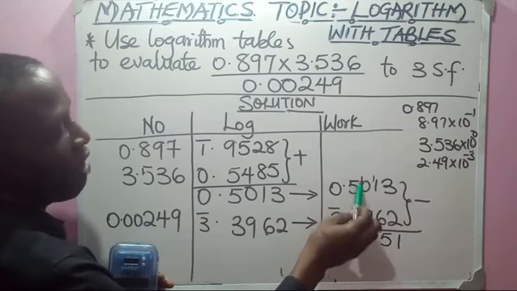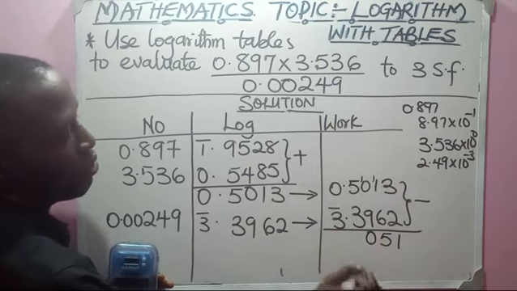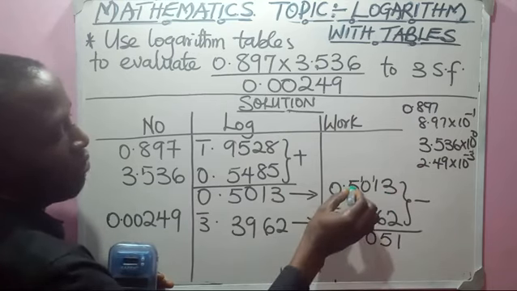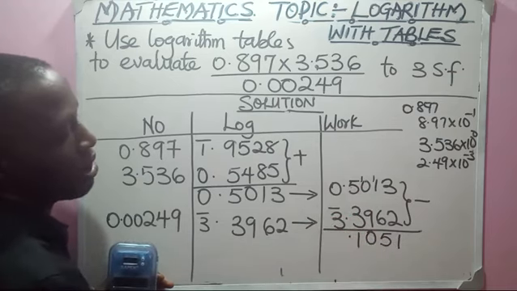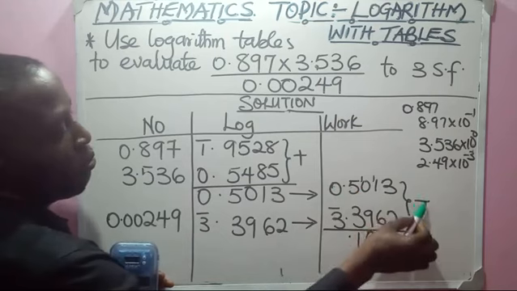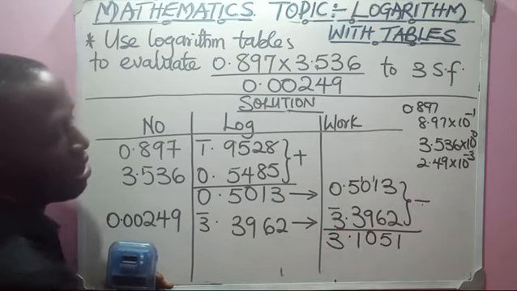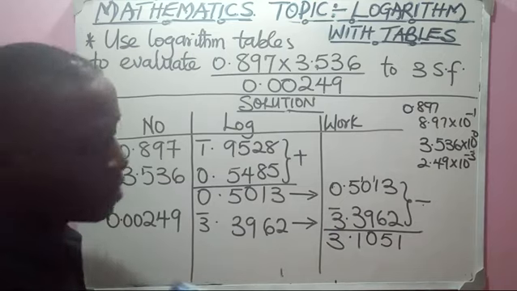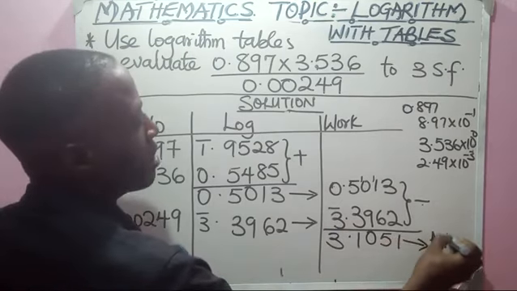Then I've borrowed 1 from 10, so 9 is left. 9 minus 9 will give me 0. So 4 is remaining here. 4 minus 3 will give me 1. 0 minus 3 will give me 3. Is it clear? So in this case, I am going to look for my antilog